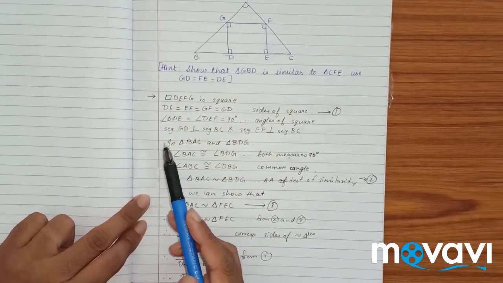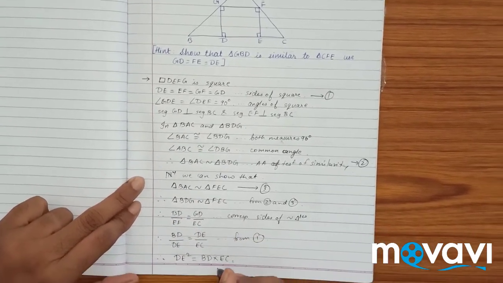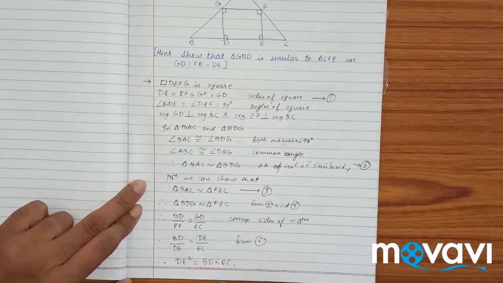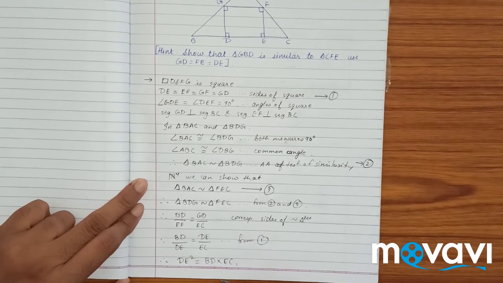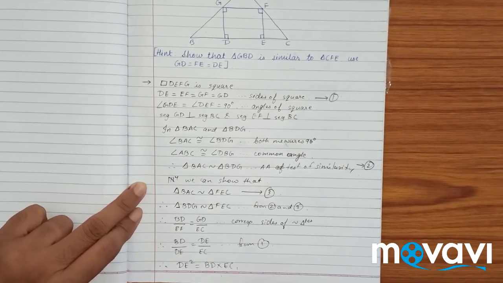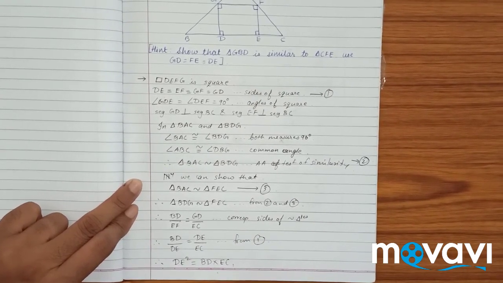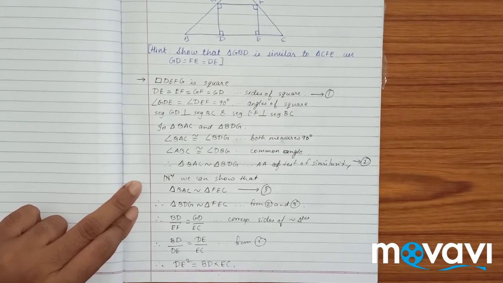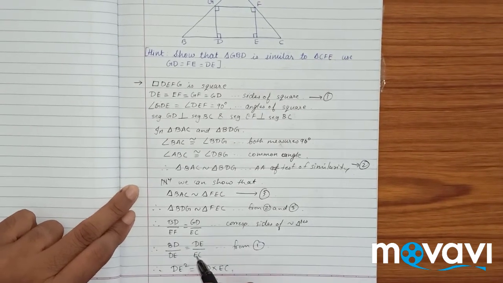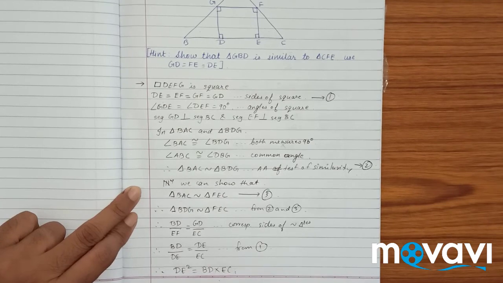So this was the last example from problem set 1. We have ended our chapter number 1. For your unit examination there will probably be 2 chapters, and the second chapter will be construction. So we'll be seeing the construction chapter very soon. Till that time, I hope you are all practicing examples for this chapter, similarity. Go through it. It has weightage after the circle chapter. This has weightage in the board examination paper.